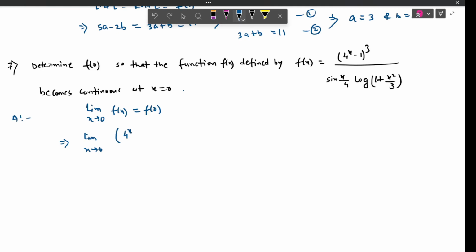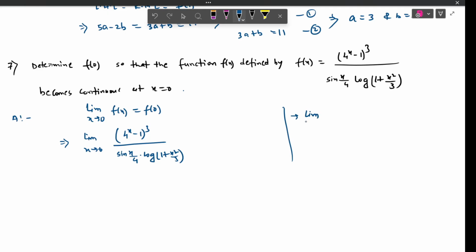So this is (4 to the power x minus 1) cube by sine of x by 4 into log of 1 plus x square by 3, right? Now we know